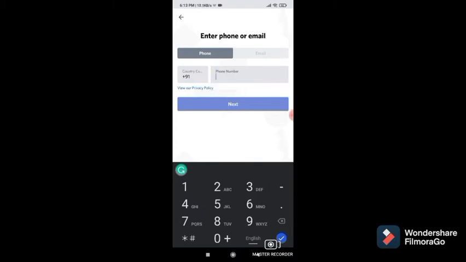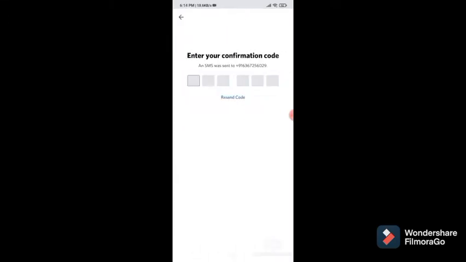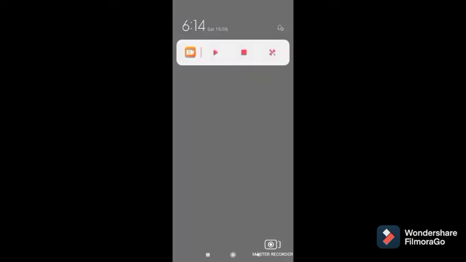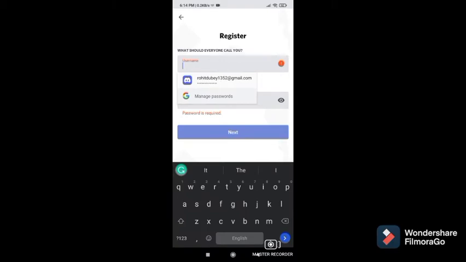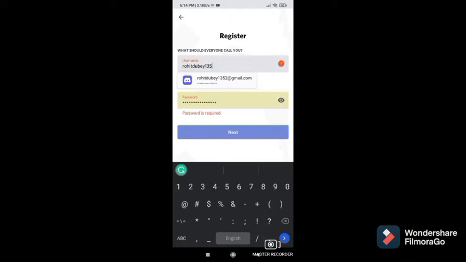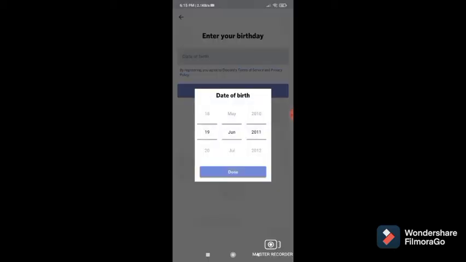Then write down your phone number, then click on the next button. You will get a code and type it. Then choose a username and write it and your password. Then select your birth date.